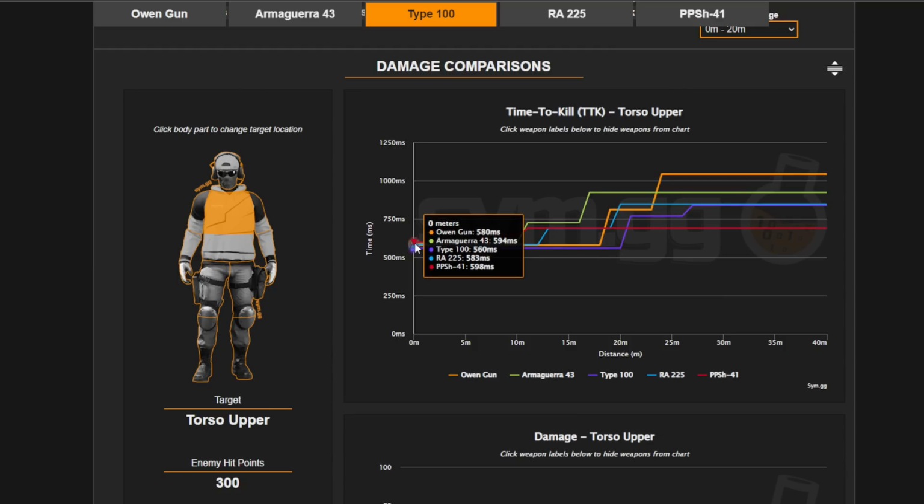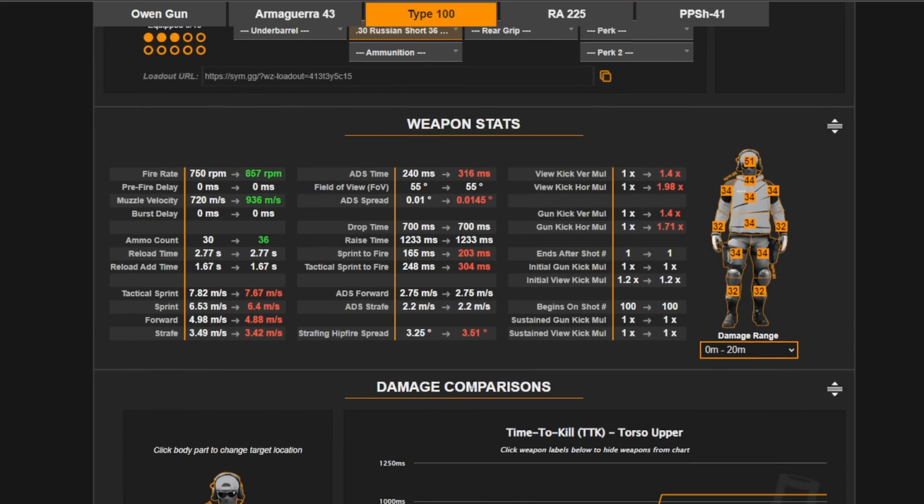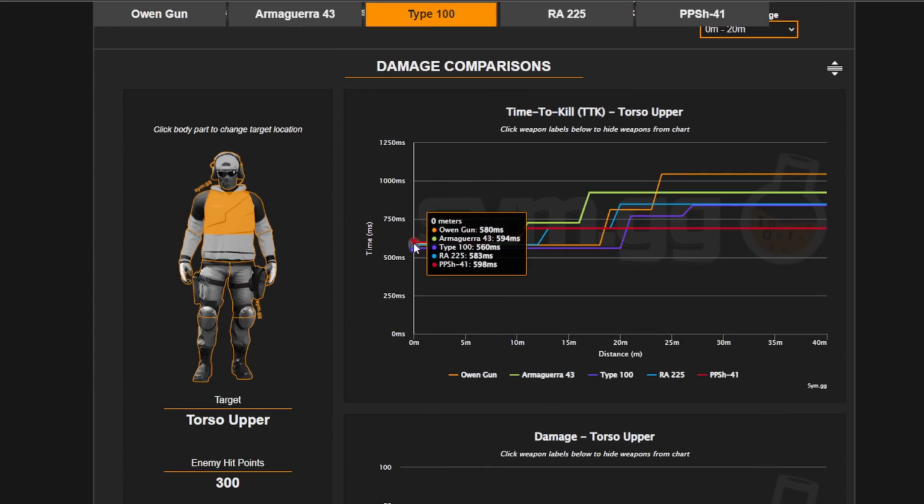So the PPSH is going to win a lot of these gunfights, especially if they are already not ADSing. So do not sleep on the PPSH just because it is one of the lowest on the list here. It does not suffer from the ADS time issue. Similar to that is the